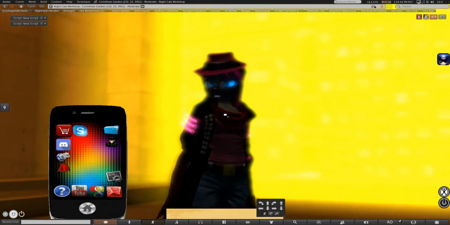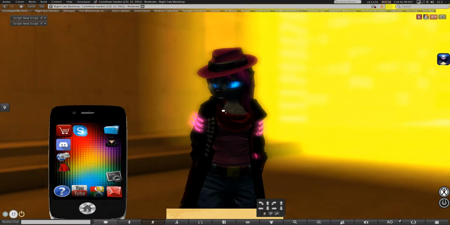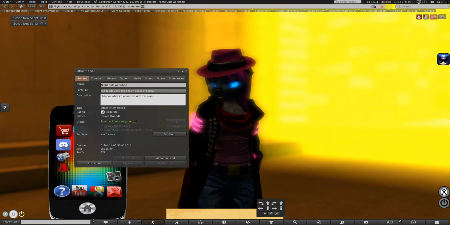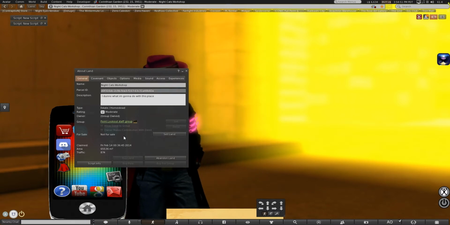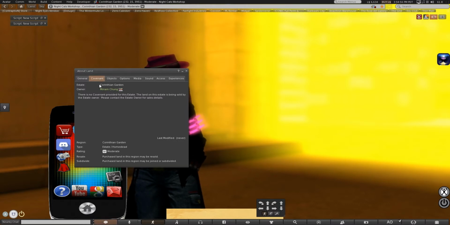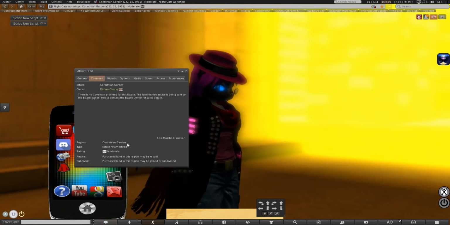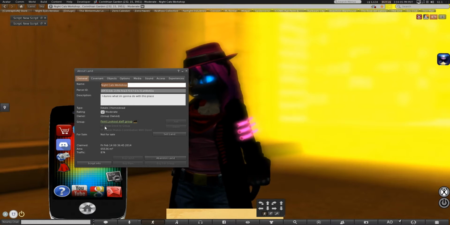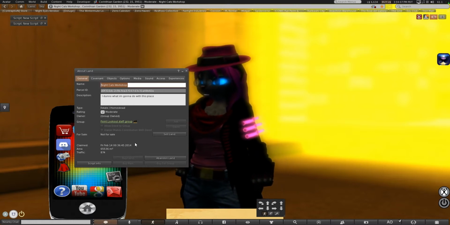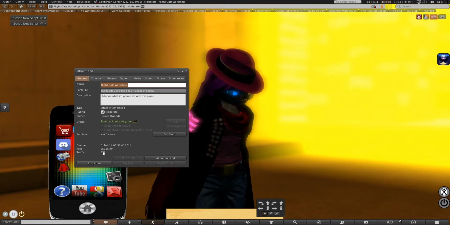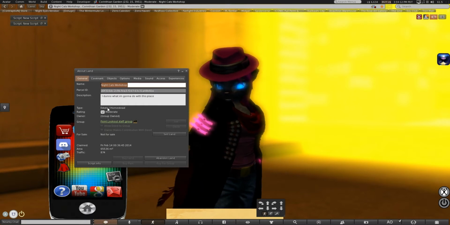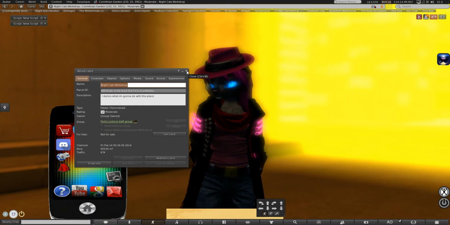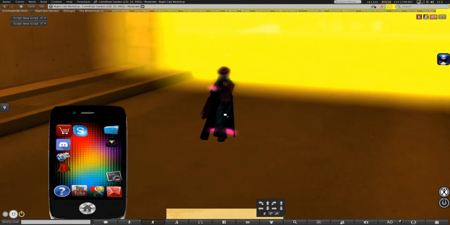So an easy way to set that up to make sure you get all of that data is you go to where you want to go, and under the Covenant tab, you'll have the estate name, which you can also the region name down here. That will give you an easy way to look that up if you get confused by just looking at the top of the screen. Also a more convenient way to double check your spelling. And then you simply create an object